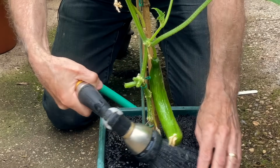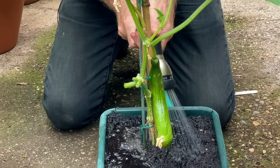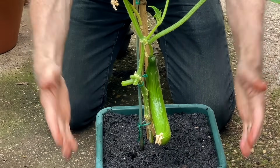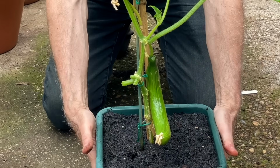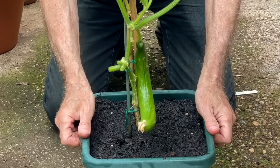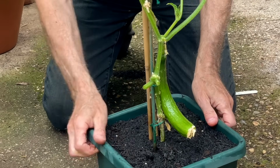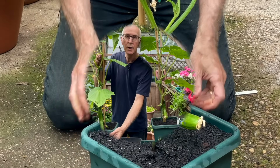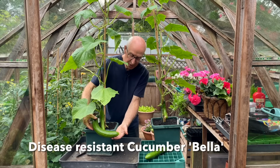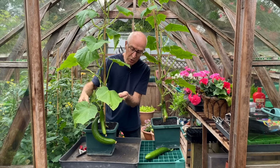Now, I'm not going to start this pot straight in its automatic watering system. What I'm going to do is to grow it on in this container, just in a tray for a few weeks, so that the roots will grow out into this compost. And once it's really well rooted in this pot, that's when I'll move this into its final summer home in my AutoPot watering system. These cucumber Bella are perfect in greenhouses because they've got a natural resistance to mildew disease,